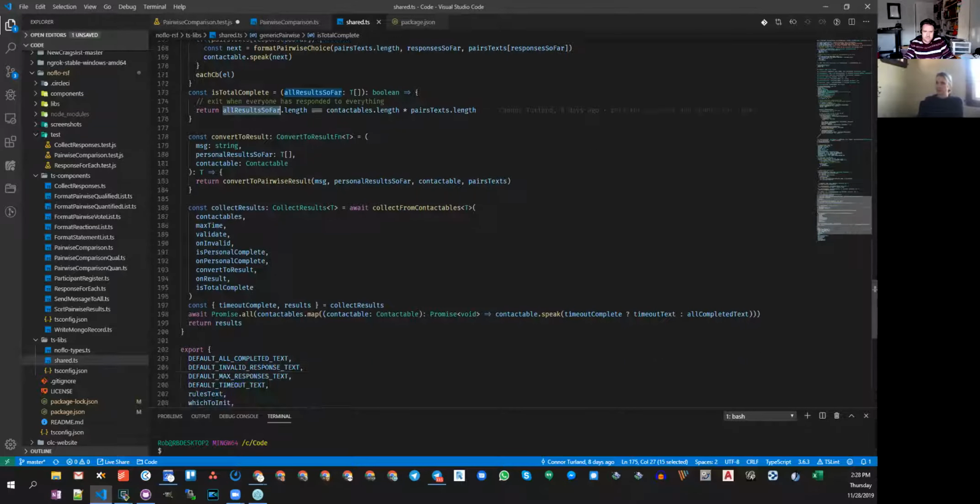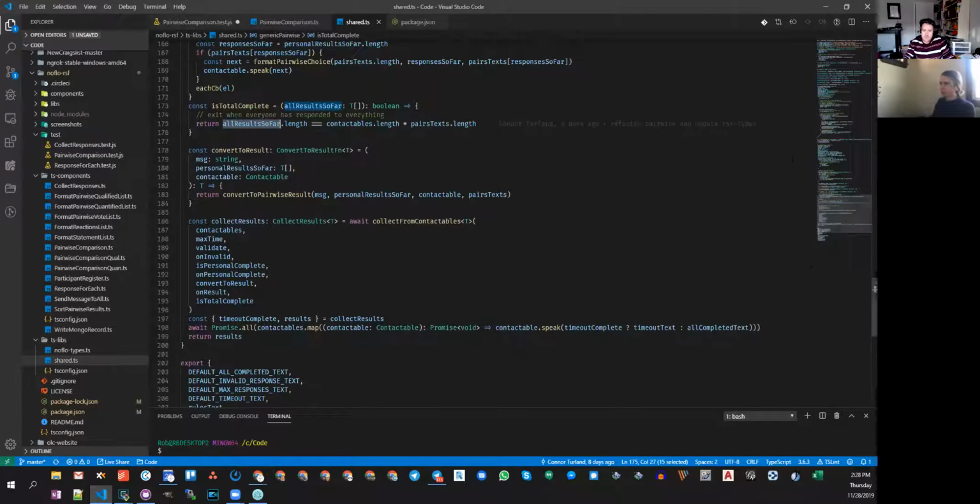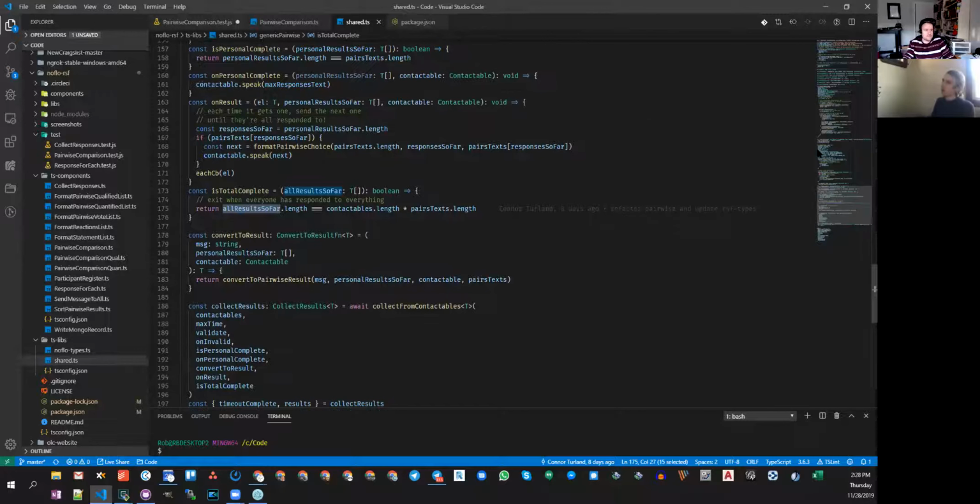So these two functions really are the ones that would need to change in order to handle this case where we want to, oh, and also the other one that would need to change is within on result.